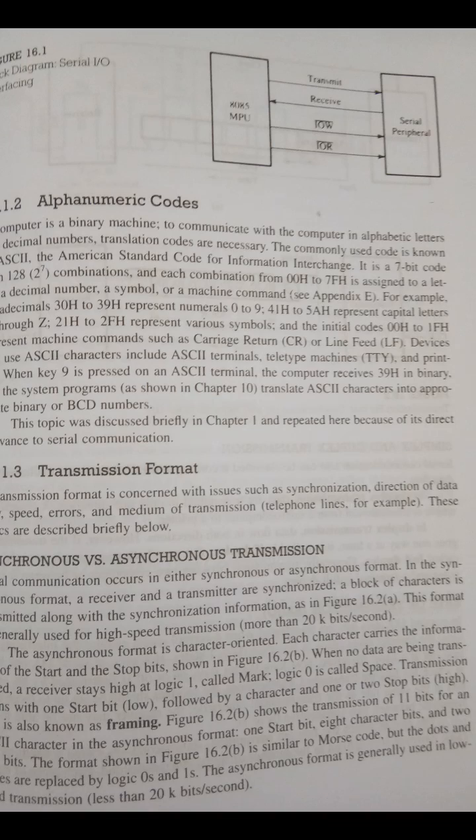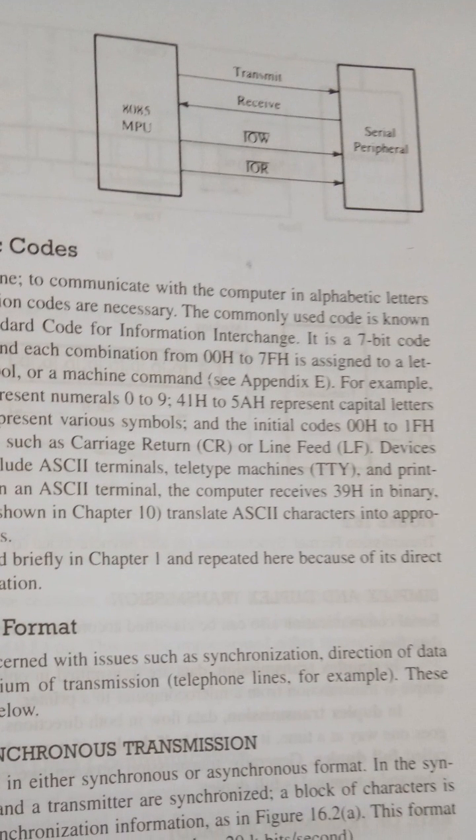Now the interfacing requirements for serial IO peripheral are the same as for the peripheral IO. In peripheral IO also we were using control signals and data was getting transmitted over the parallel lines. Here the data will be converted from parallel to serial, and then bit by bit it will be transmitted on a single line, and the microprocessor identifies the peripheral through the port address and enables the device, using the read or write control signal.